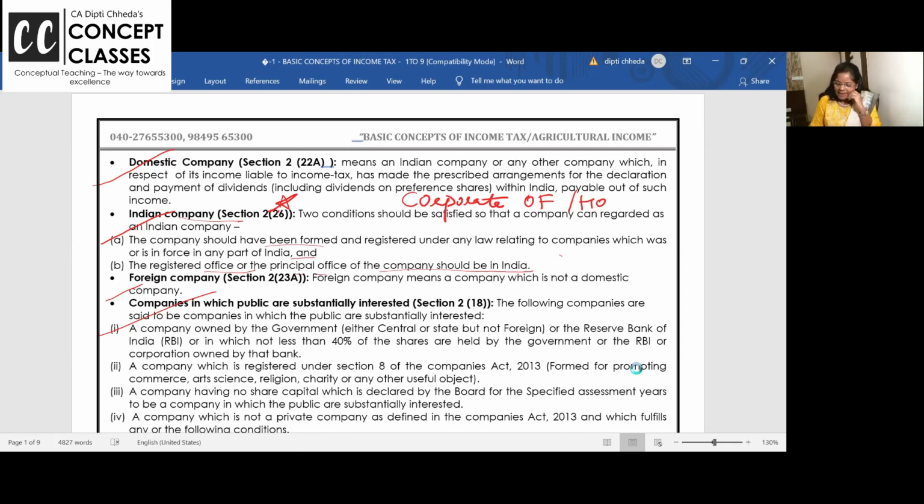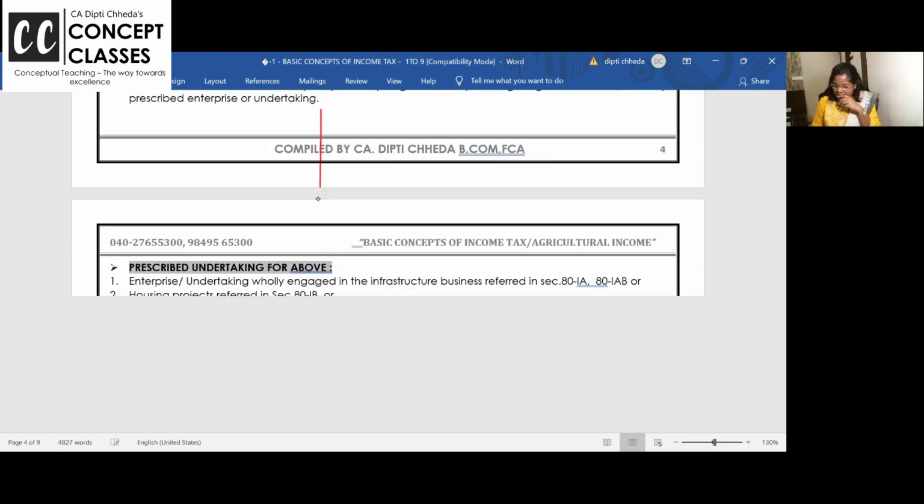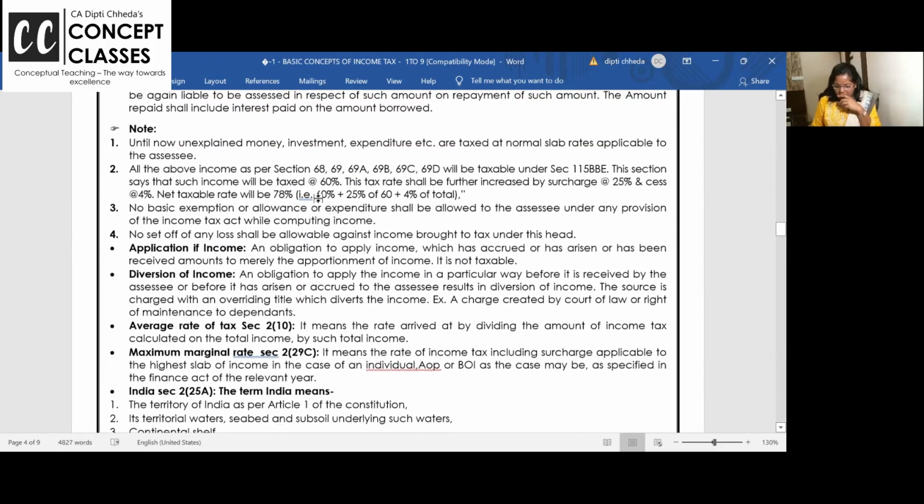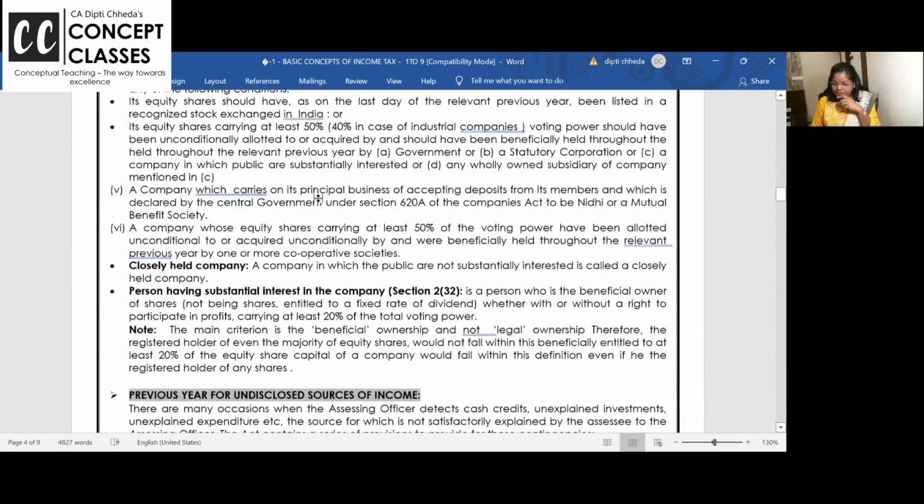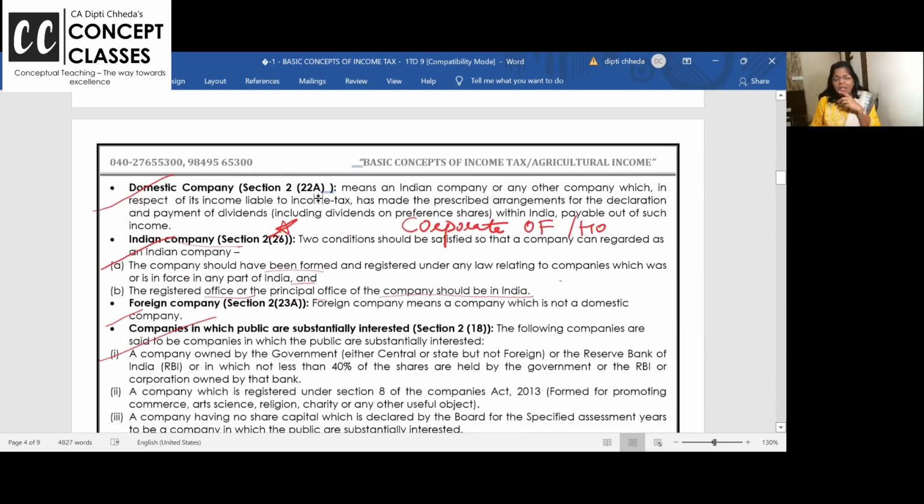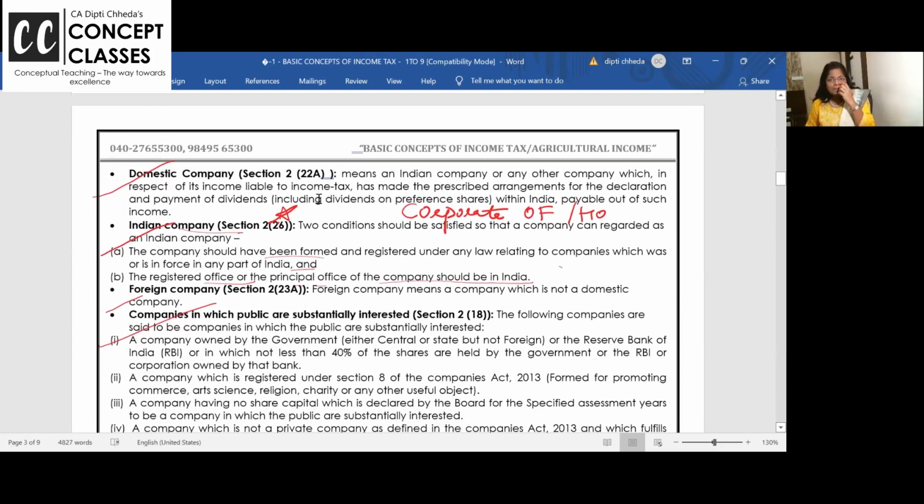See, let us say ABC Limited. ABC Limited is a company. They have their head office in Mumbai, and from Mumbai,